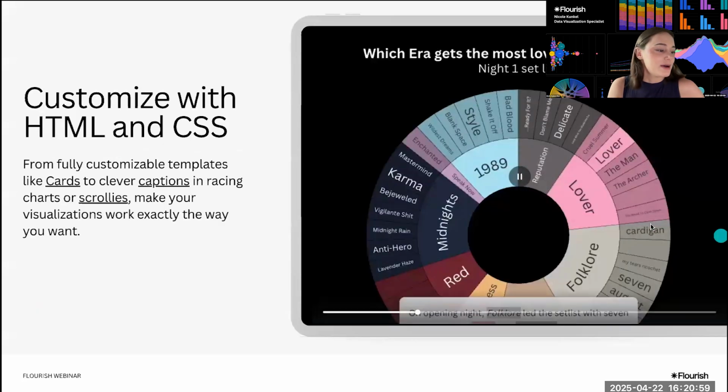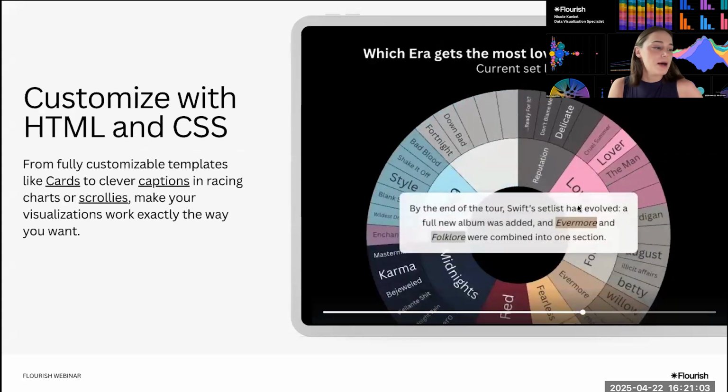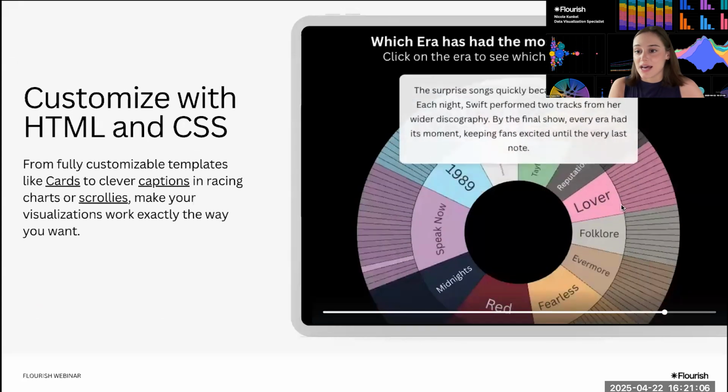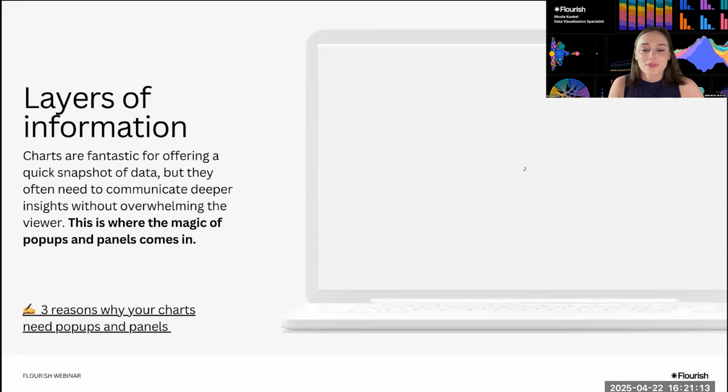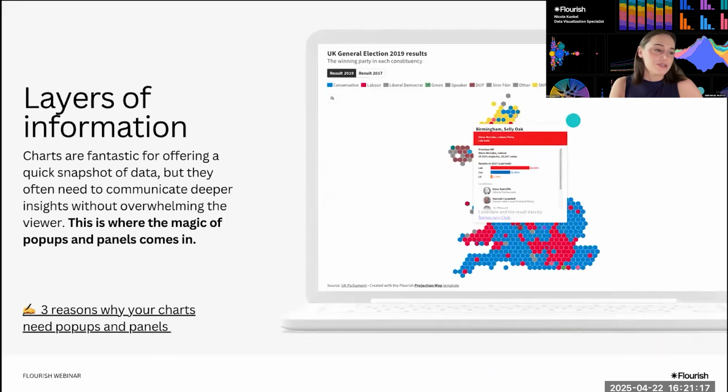We can further customize our content in our captions and our pop-ups with HTML and CSS. We could further embed images, videos, other content there. Here's an example of what that can look like. It helps us layer some more information. So with this pop-up, we have some more charts, some images, a banner up top. So people, if they want to seek out more information, they can do so.